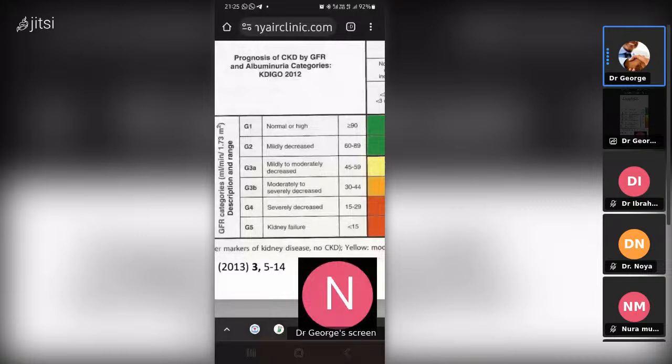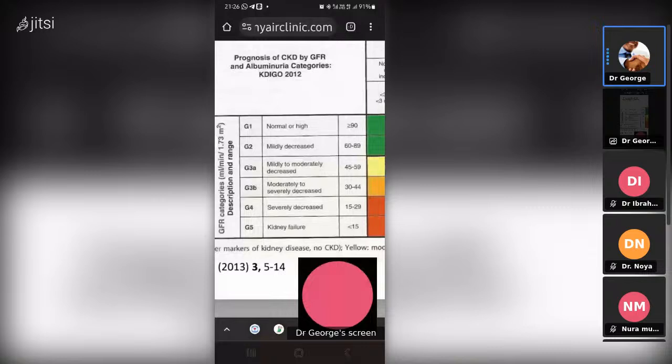There's Cockcroft-Gault, there's the MDRD formula, there's CKD-EPI, which is said to be the most accurate one currently. So when you do that, you'll be able to get the estimated GFR just from the serum creatinine, the age, the sex of the patient, right? And the race sometimes. So when you plot that, you will know what the GFR is. Then you compare that GFR to these values that you're seeing here. Maybe the patient has come with symptoms beyond 3 months. So you compare the GFR reading with what you're seeing here on the table.